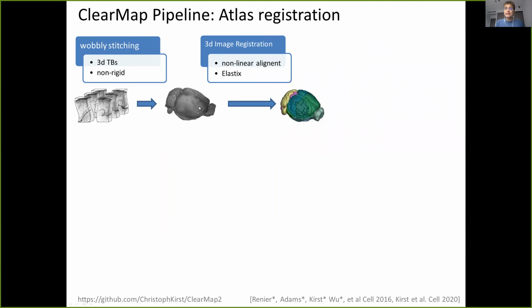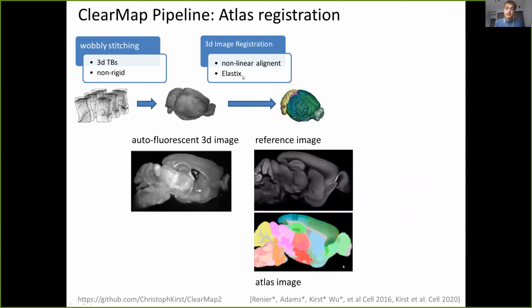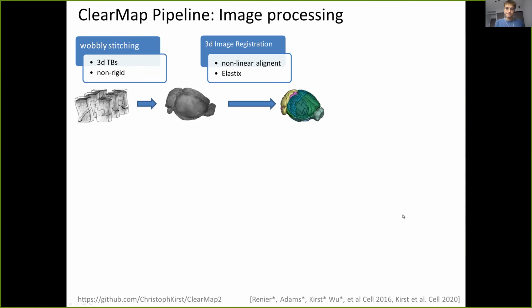The next step would be to take the data and, for example, align this to a reference atlas in order to measure the different regions and expression patterns, for example, in different regions. For that, we actually take a second image in the autofluorescent channel. We align that image using sophisticated tools like Elastix in a nonlinear way to the reference that's provided by the Allen Brain Atlas. That also comes with an atlas image that labels all the regions. In this way, we can now label our data set with all the specific regions and do specific measurements that are regional specific, for example.